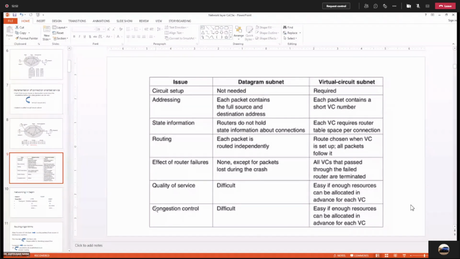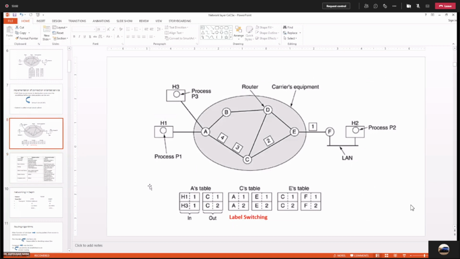Congestion control, congestion. This word is related with the individual node. You can see router A, router B, router C, D, E and F. Router A is managing the queue, it is maintaining the buffer. Router has memory, router has RAM. So the router has to maintain the buffer. All the routers are maintaining the memory for storing the incoming packet and for forwarding the outgoing packet.